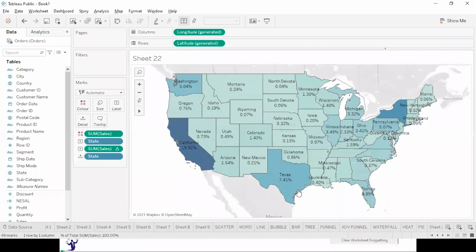So these are the different types of visuals which we can create in Tableau, and much more are there which we can do. But looking at the time constraint, I wanted to bring you to a level where you can do at least something and create a dashboard. That's why I have selected these few visuals over here.